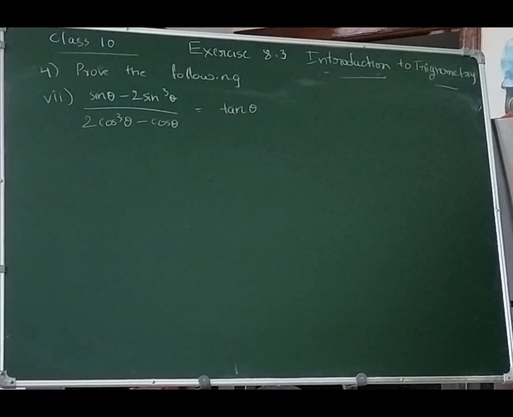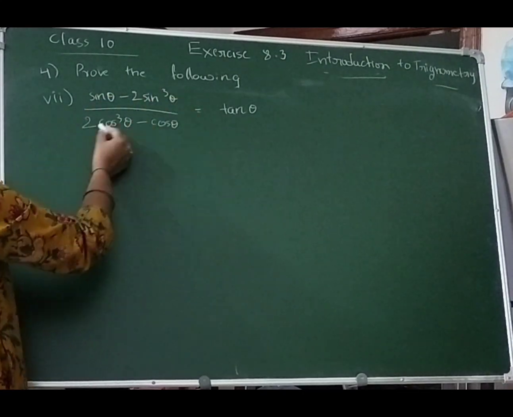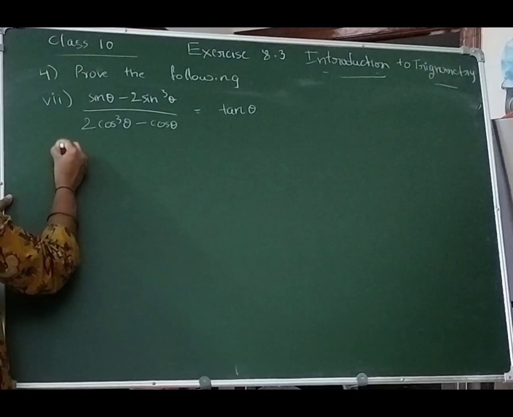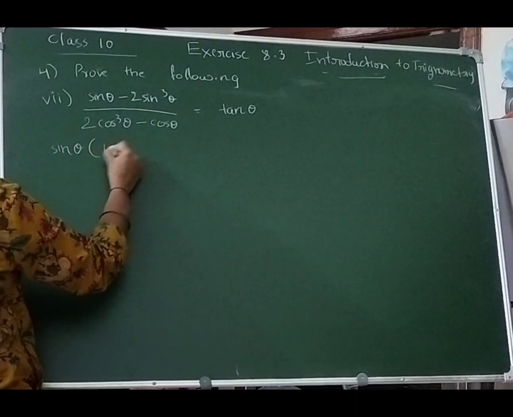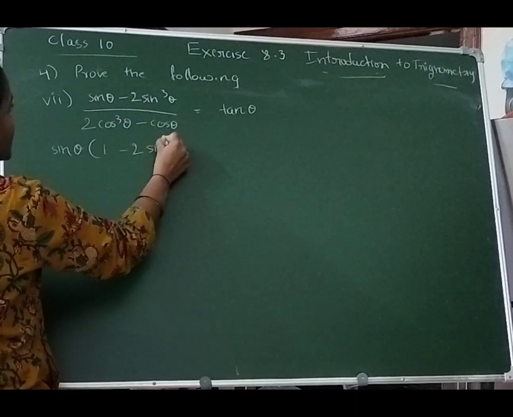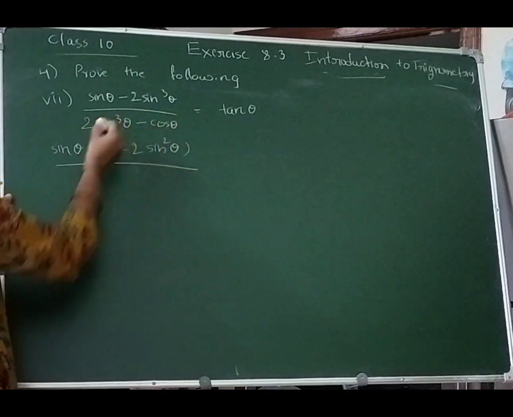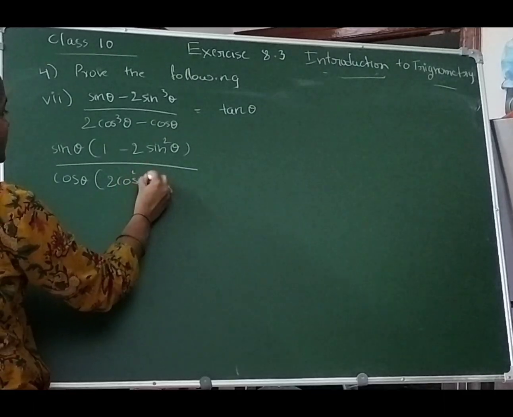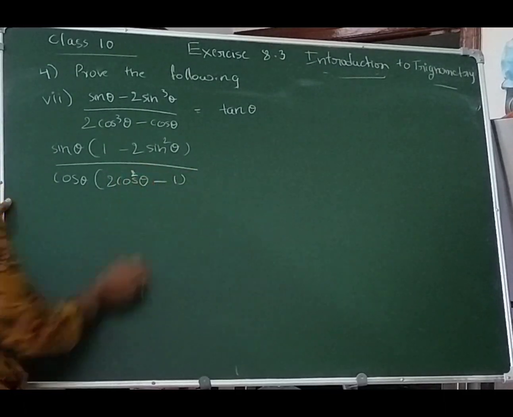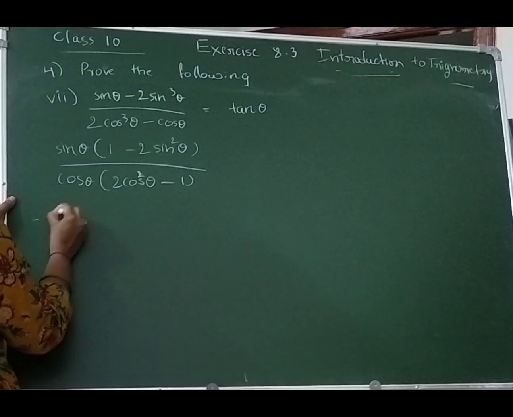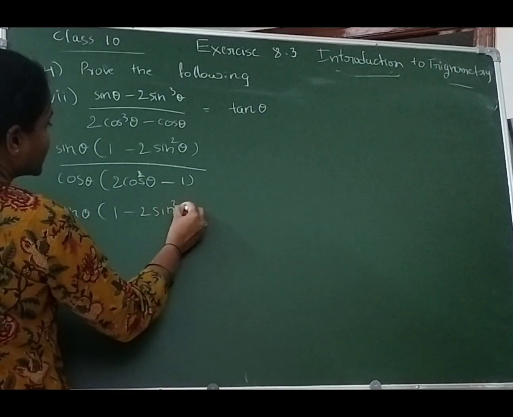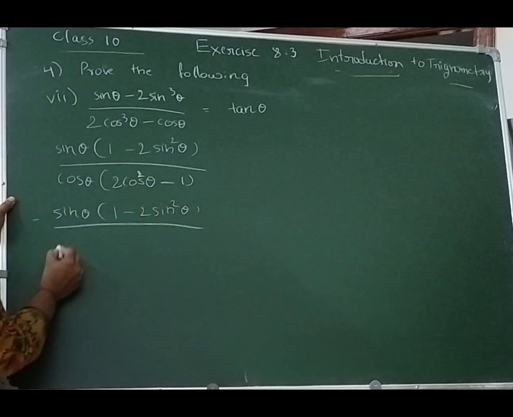Next we'll move on to the seventh sub question in the fourth main, that (sin theta minus 2 sin cube theta) divided by (2 cos cube theta minus cos theta) equal to tan theta. We'll take the common term outside. So it will become sin theta into (1 minus 2 sin square theta) in the numerator, and taking cos theta as common, it will become cos theta into (2 cos square theta minus 1). So next, sin theta into (1 minus 2 sin square theta) will keep as it is, and in the denominator